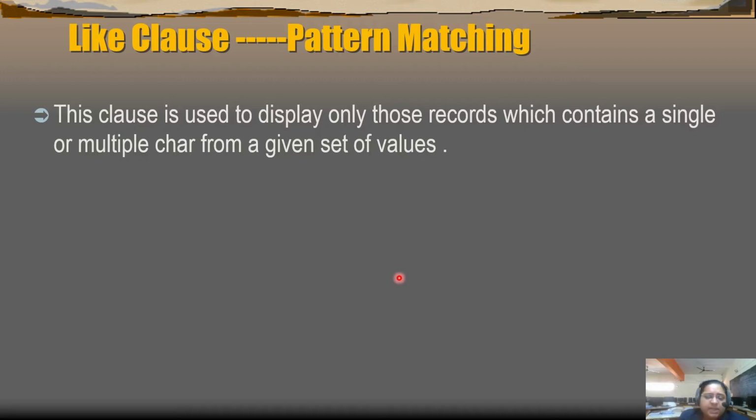Many a times it happens that we don't remember the name of the person, but we do remember that the name of the person ended with A. So that way we can just filter out the records, which will give us a few records, out of which it is easy for us to recall whose name exactly we were searching for. So for this purpose we basically use pattern matching in MySQL, which is a very interesting feature, and with this you can shrink the result set every time you do the pattern matching.